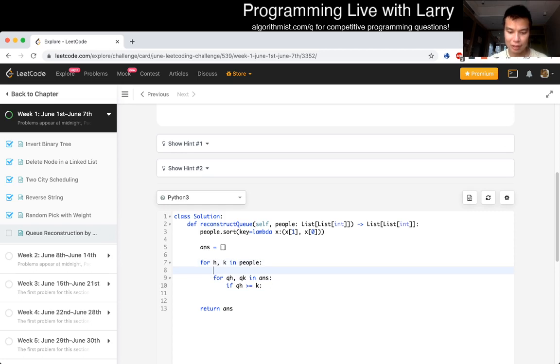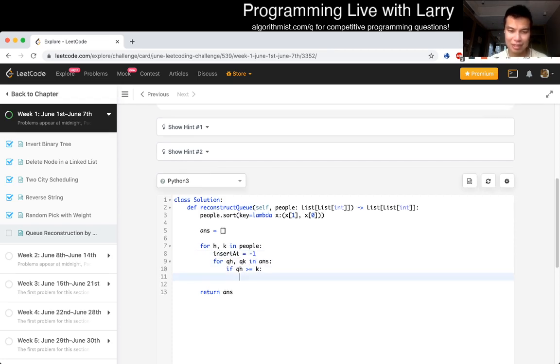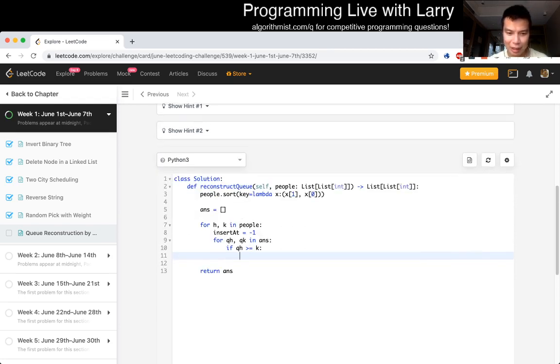Let's just go insert i is equal to, let's just do -1 for at the end, maybe. I don't know if that's good syntax actually, but if this is true, we subtract 1 from k. This should be H, that's why I was a little confused. Okay, and then now if k is equal,